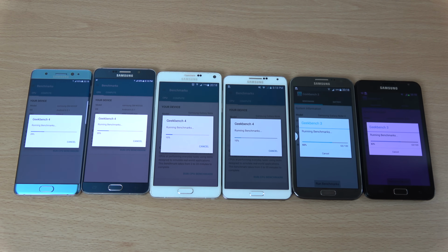We also get 64 gigs internal storage with the Note 7, which is amazing. I think the new iPhone's only coming with 32 gigs internal storage. Obviously the old Note, I think that only came with like 8 gigs internal storage or 16. So that's quite bad for today, but it's just the display really,